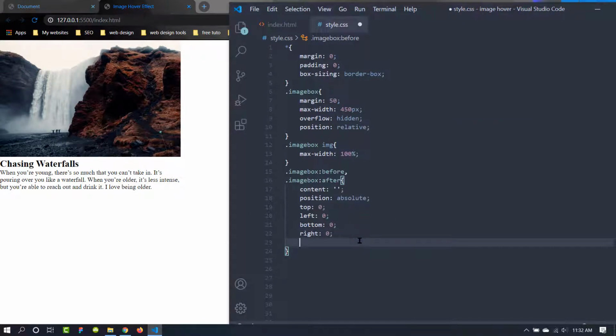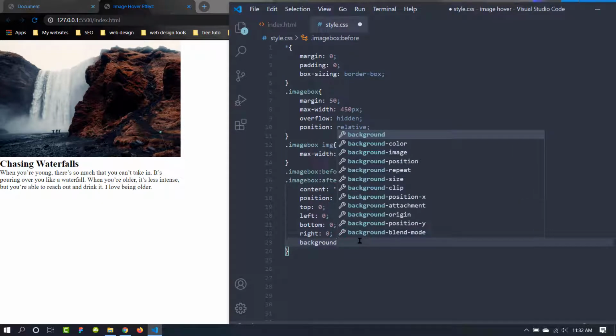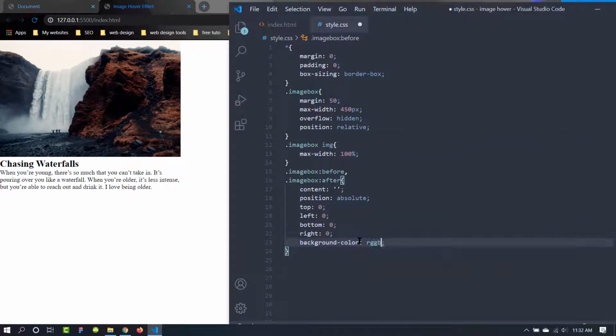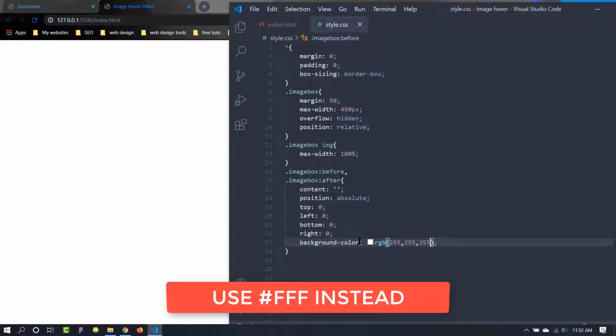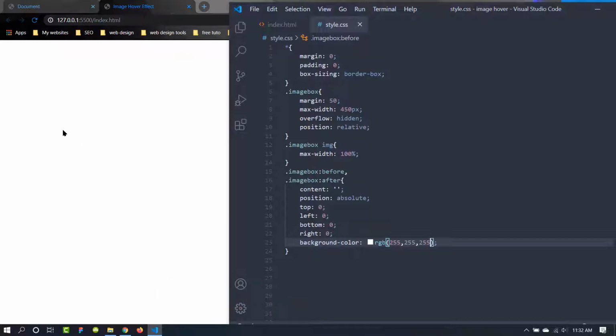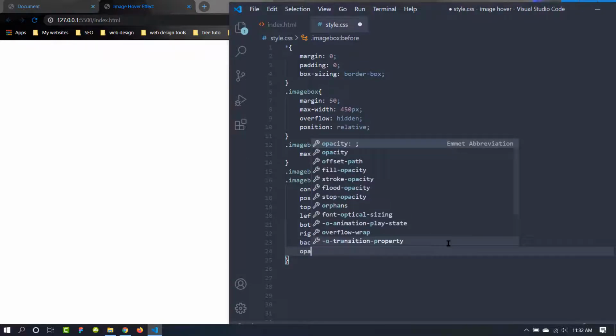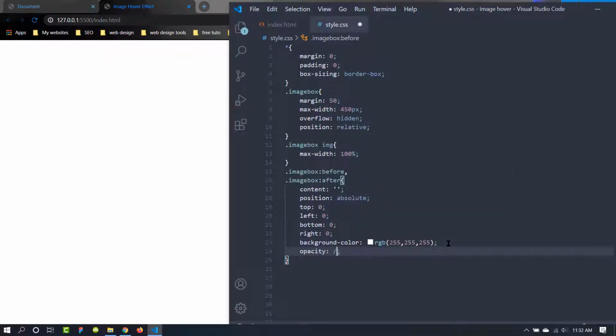Now we can give it a background color, and I'm going to use an RGB color, not RGBA, and the value is 255. Okay, this is the color. Let's save, and we cannot actually see it because it is overlapping the entire image. Let's make the opacity 0.5.